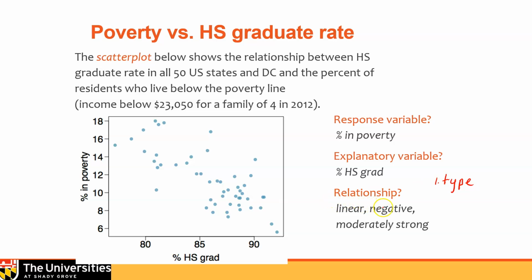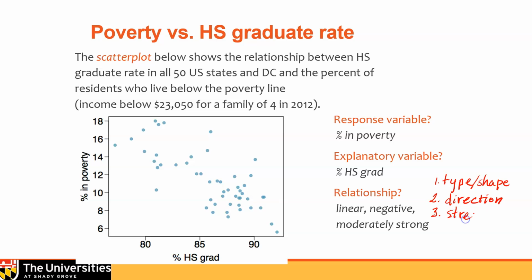Does it look like it's sinusoidal? Does it look like it's parabolic? All those different shapes. So we're looking for a type or shape of the relationship in our data. If it's linear, we're looking for a direction. Is that direction showing a negative trend? In this case, we're going downward. That's a negative trend. If we're going upward as we go from left to right, that would be a positive trend. And we're looking for the strength of the relationship as well.